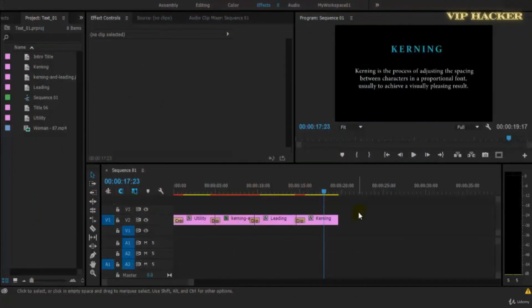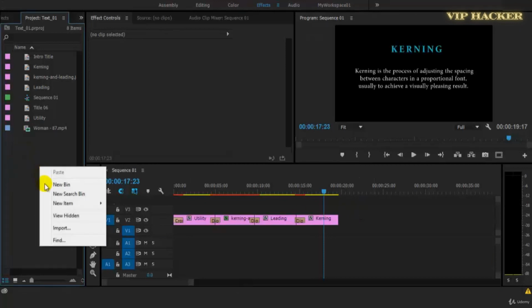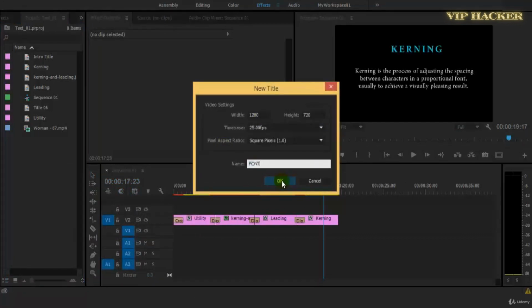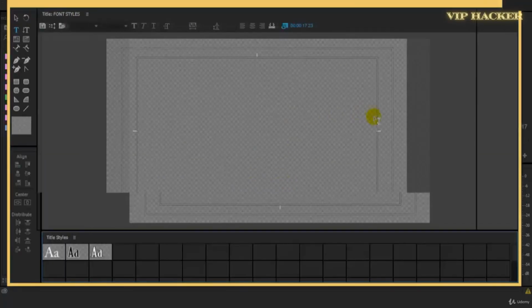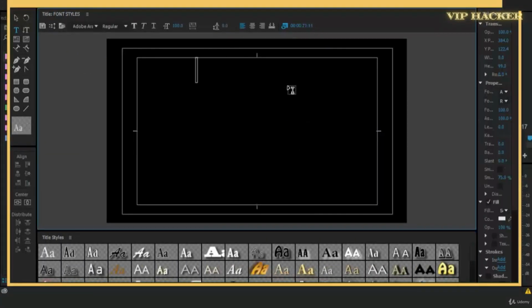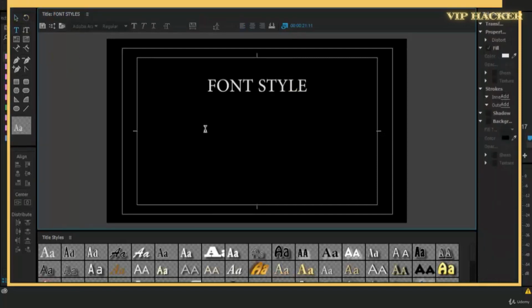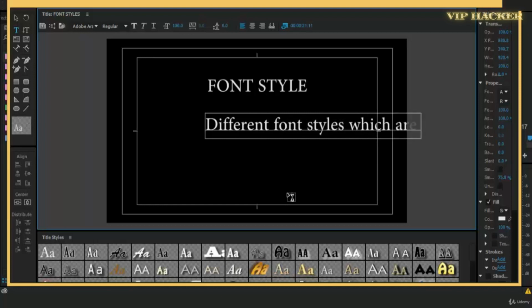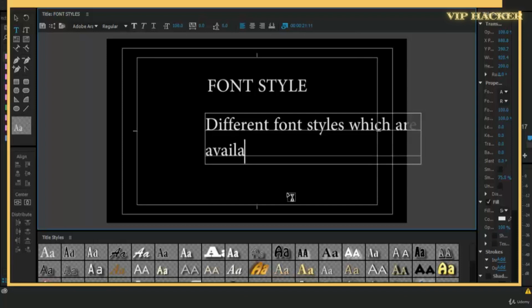Now let us see the different font styles which are available in Adobe Premiere and are provided by them. Right click in your project, new item, go to title, say font styles, hit enter, and click here and say font style. I would like to create one more title here and I would say different font styles which are available in Adobe Premiere Pro. Full stop. Select your move tool,